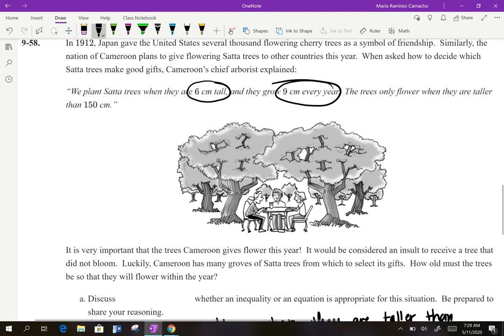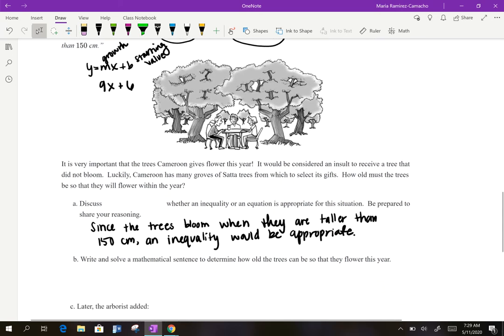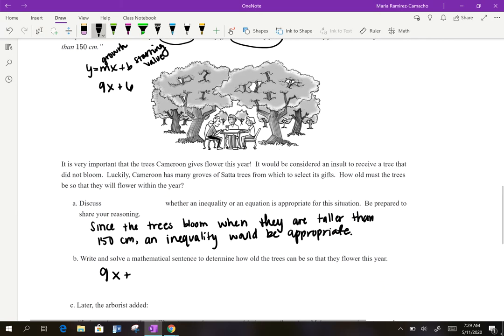When you were dealing with y equals mx plus b, we had slope, aka growth, and we had starting value. So if you plant a tree at 6 centimeters tall, that would be your starting value. And then your growth would be the growth every year, so that would be 9 centimeters. So I have part of my inequality here now, 9x plus 6,